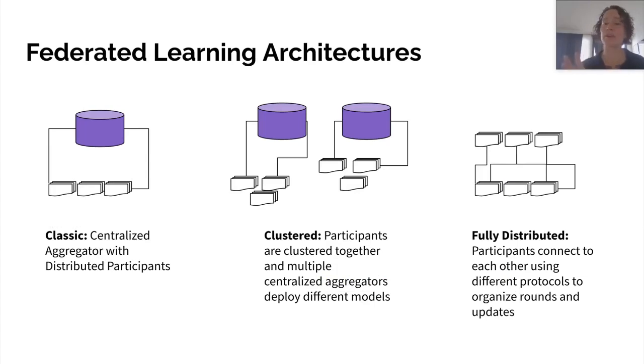And so when we think about the architecture, the design that I just showed you is the classic one where we have one centralized aggregator with distributed participants. However, you can also imagine other architectures such as clustering participants together and deploying multiple aggregators. Depending on your infrastructure, this might be a better approach or a worse approach. And so this is something that should be discussed between the data science teams and machine learning teams, as well as your infrastructure teams. And obviously, I think that this is a good group to help solve those problems.